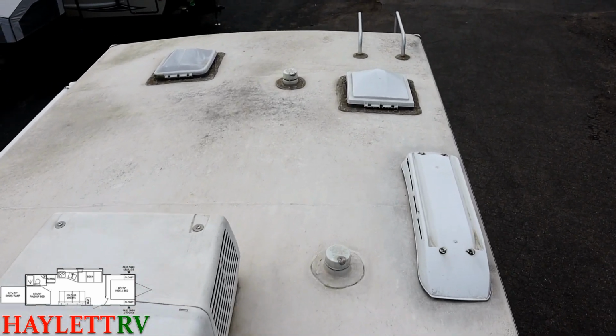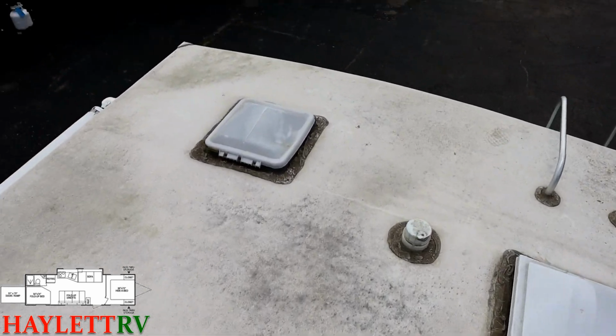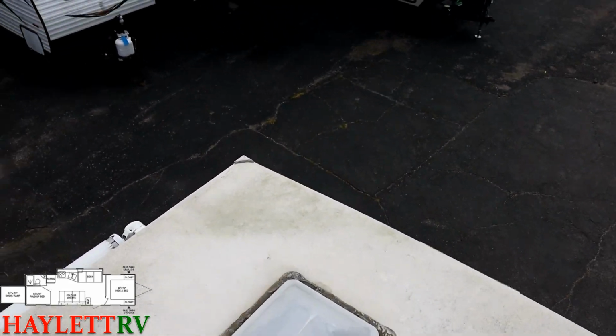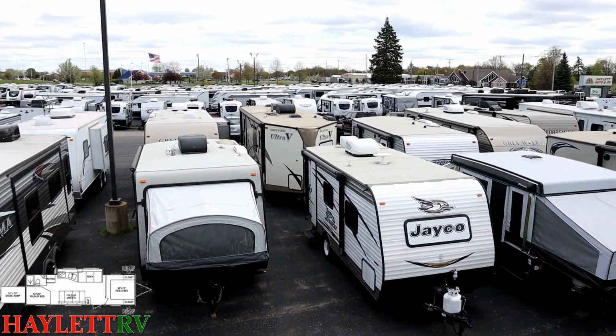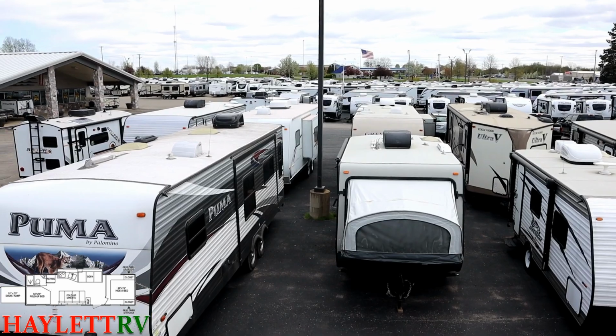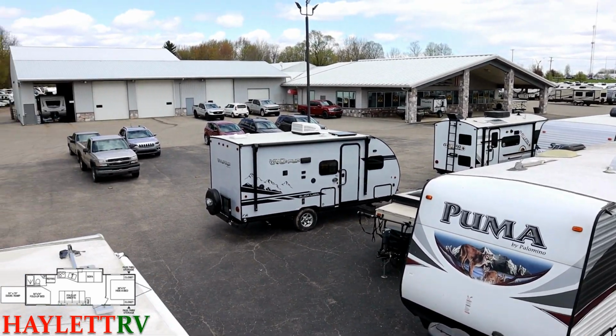You know, there's good and there's bad up here. Overall, I don't see any real problems with seals or anything. Camper needs cleaned, and it needs somebody who can do some screwdriver fixes. And if you are capable of those things and you just want a good couple fun weekends out, you're going to have a heck of a good deal here. If you're looking for something that is perfectly fresh and pristine straight out of the box, maybe this isn't the